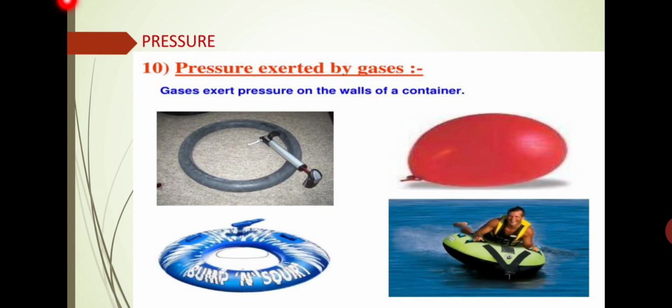After that we saw pressure, what is meant by pressure, and so many examples of pressure. Then pressure is applied on liquids also, and on gases also. So in this chapter we have already discussed